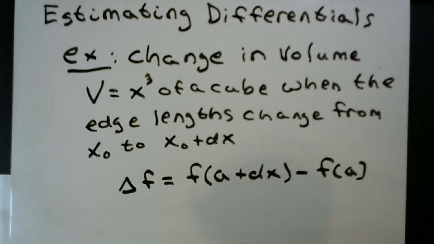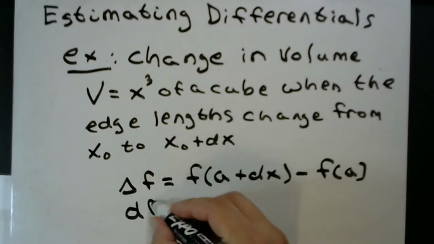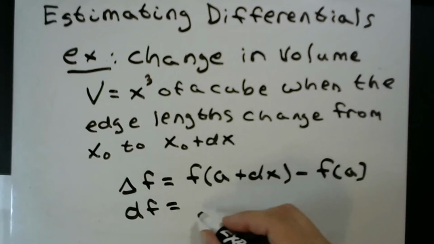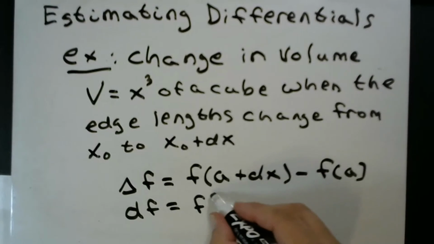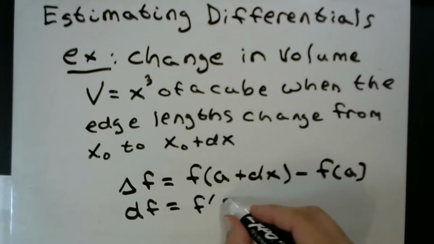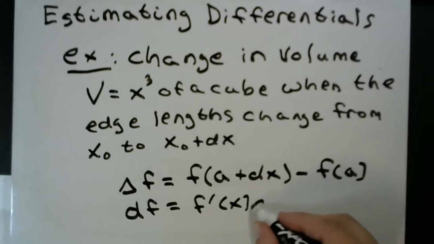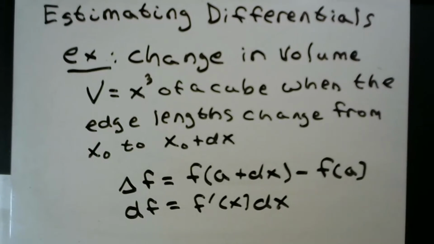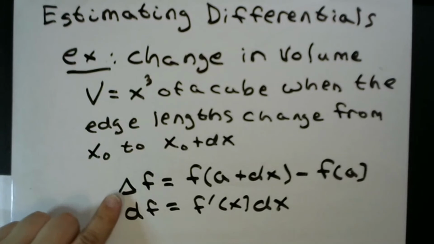And we can say also that df, the other change in f, is f prime of x dx. Now, the rule of thumb is going to be this. We're going to say that delta f and df,